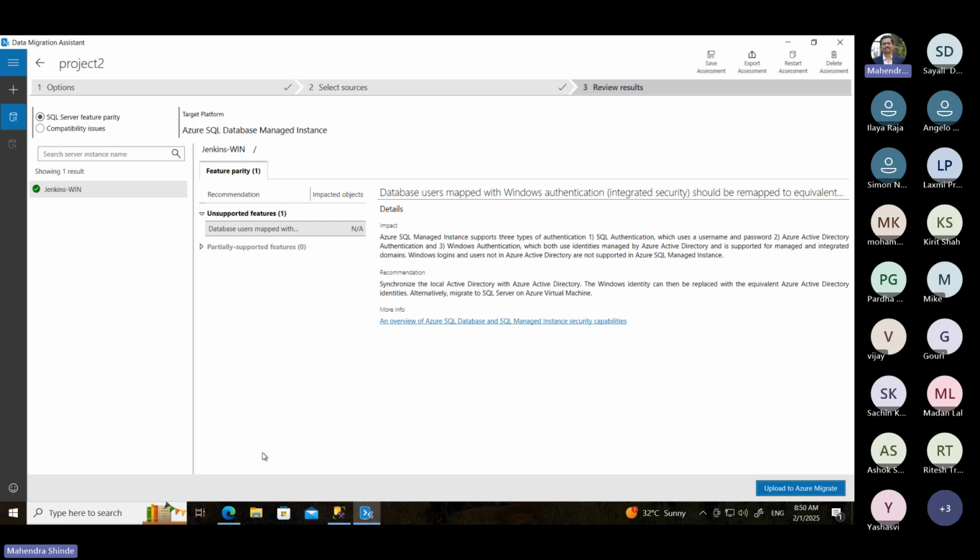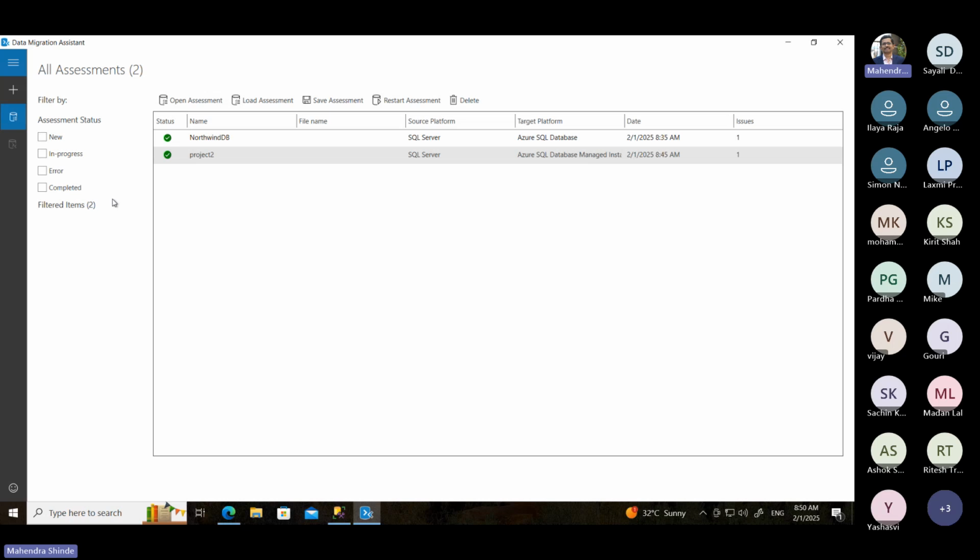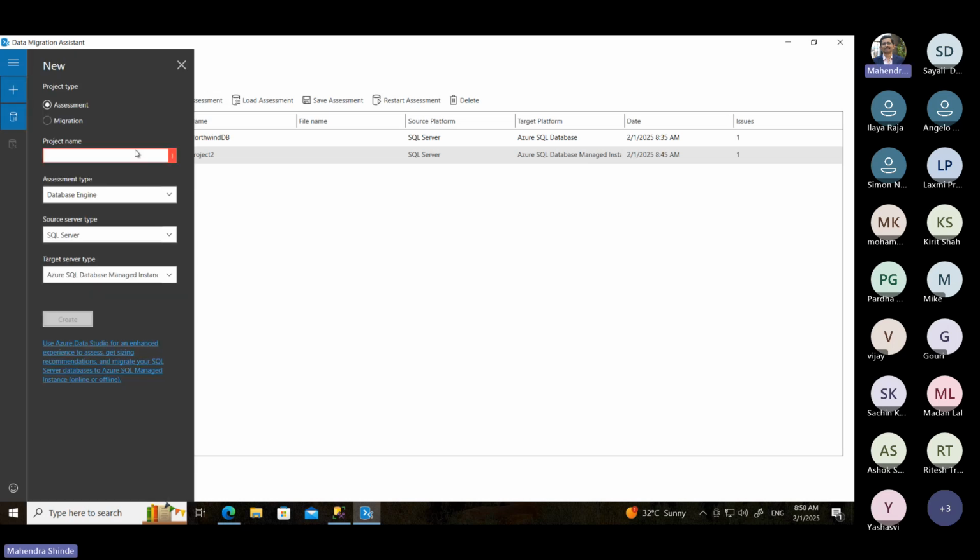But did you notice one thing? We didn't get that migration option here in the DMA tool. Oh, sorry, there was an option, SQL Server to SQL Server. But the chances of migration failing here are extremely less. Let's say, for example, I'm just trying an assessment here. Let's call it